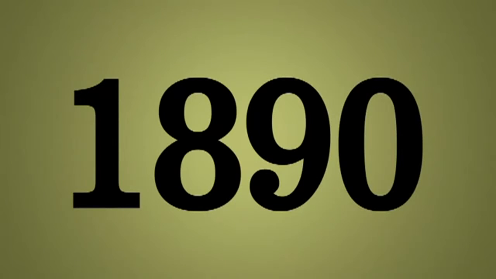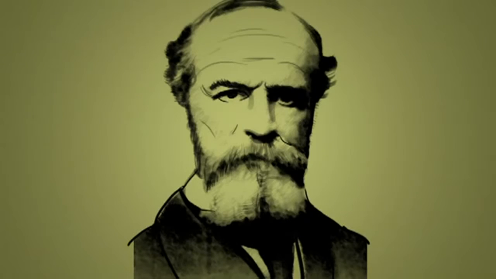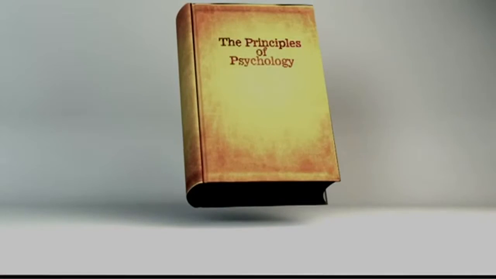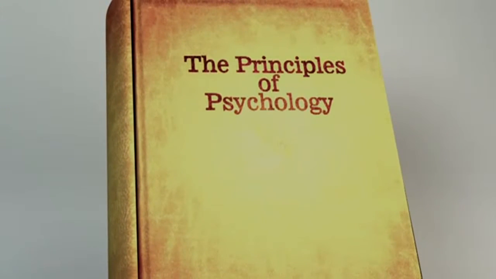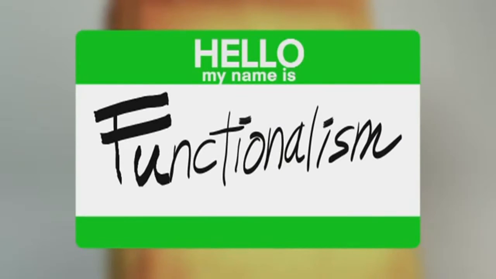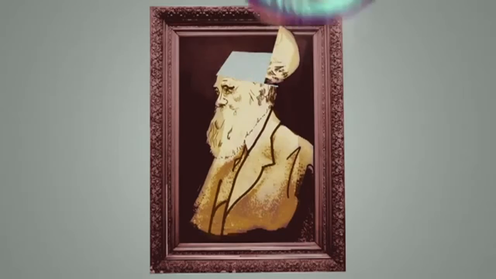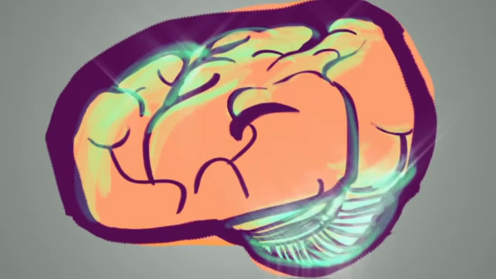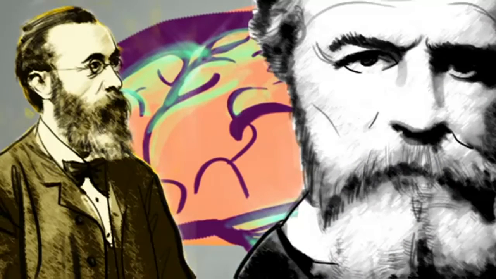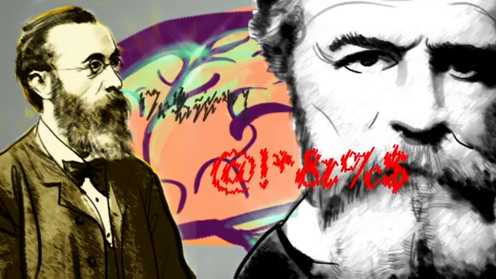In 1890, William James attempted to explain how consciousness functions with his book, The Principles of Psychology. Because James's theories attempted to explain the function of consciousness rather than the structure, his approach was appropriately named functionalism. James borrowed heavily from Darwin's ideas that mental processes evolve over time to aid the overall survival of humans. Although the early psychologists may have disagreed over how to conduct research, these clashes led to